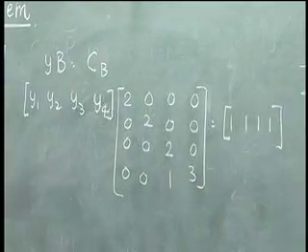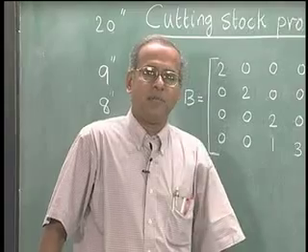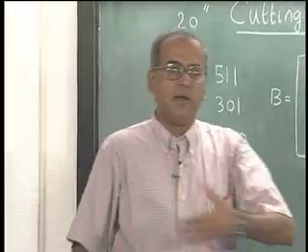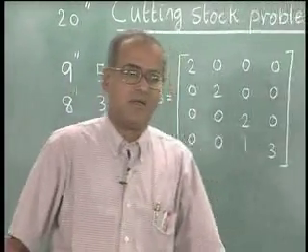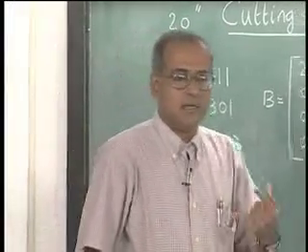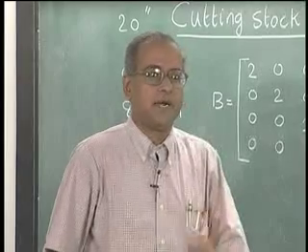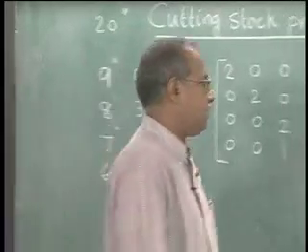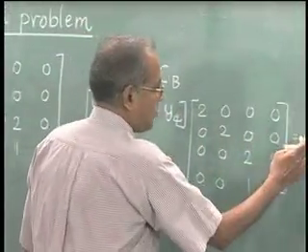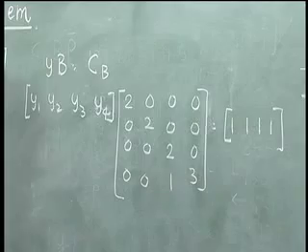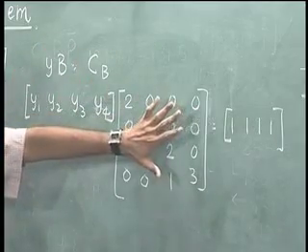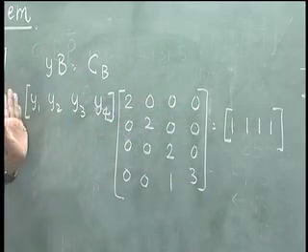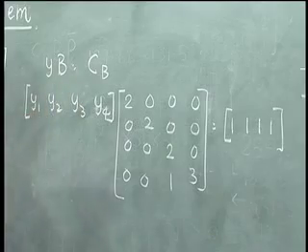Cb is always 1 because the primal has the objective function of minimize sigma yj. So, whatever be the pattern, the objective function coefficient of that pattern is always 1. Therefore, CB is always 1, 1, 1 and 1. Now, by the very nature of this, it is not very difficult to find out y1, y2, y3, y4